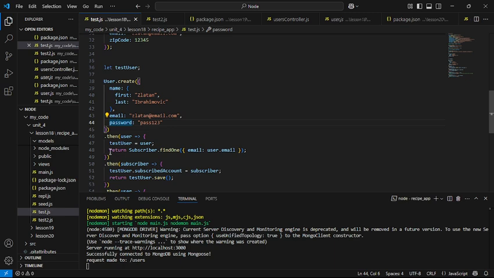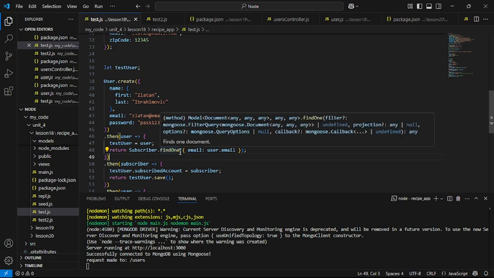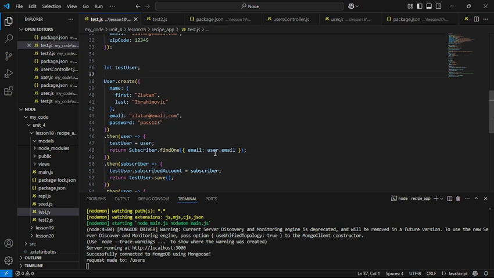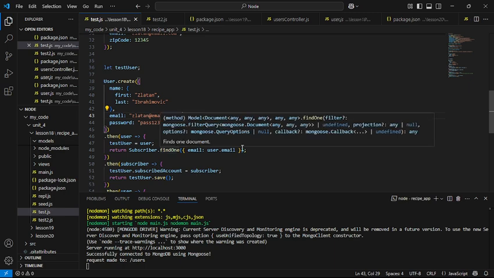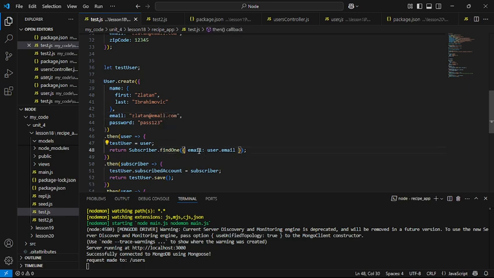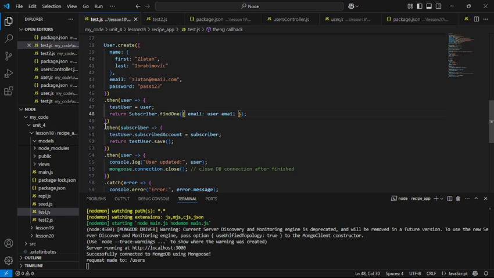Then return subscriber.findOne. What this does is, using the findOne method, we're looking for and retrieving the specific user that we created over here using the email, which is this email over here. So now that we found that with findOne, as soon as that happens, we